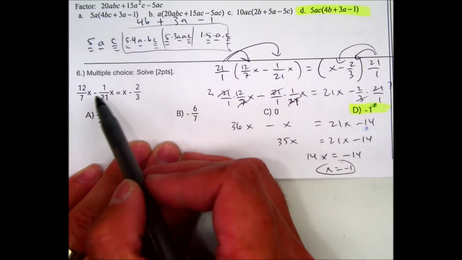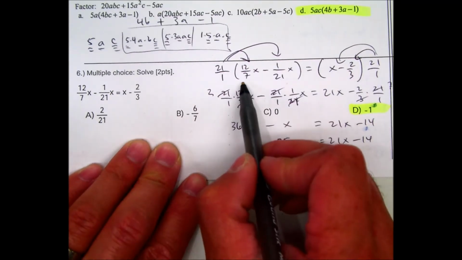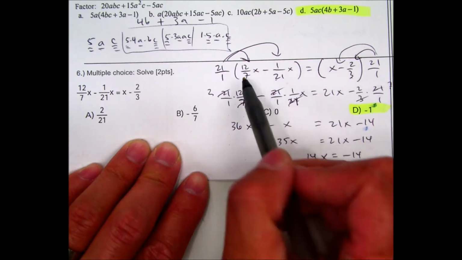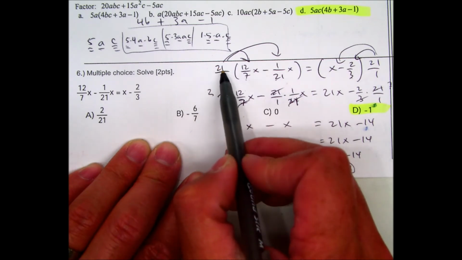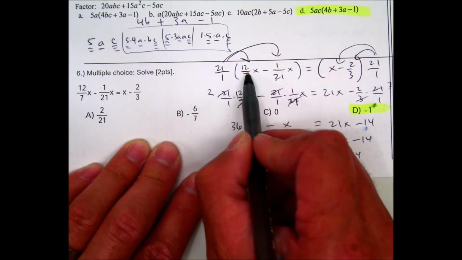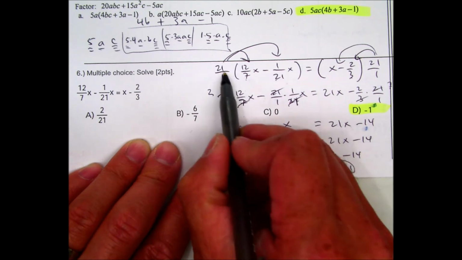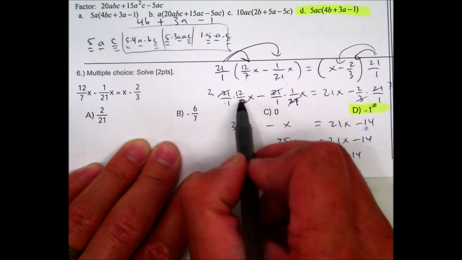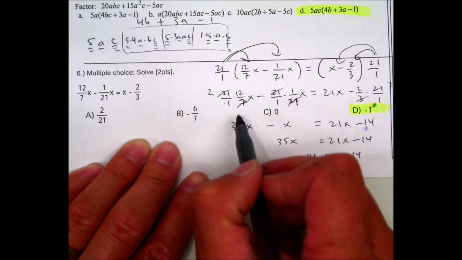Question number 6. Solve that multi-step equation with a fraction. The first thing I'm going to do is I have a 7, 21, and 3. I want to clear the fractions, and their lowest common multiple is 21. So if I multiply by 21 here, you can see 21 times this term, and then 21 times this term. I can do some cross-canceling here. 21 divided by 7 is 3. 3 times 12 is